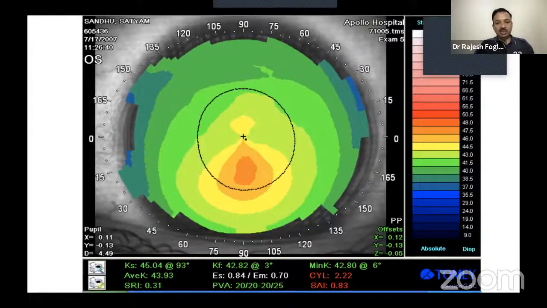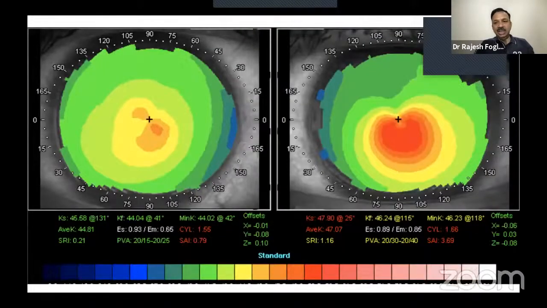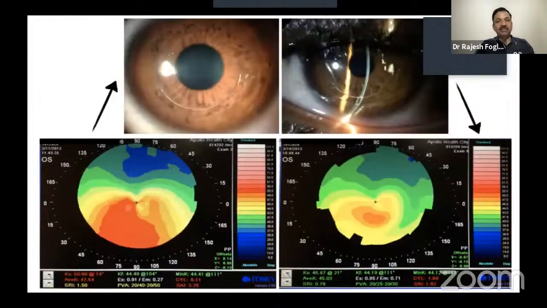So this is again some of the topographies you can see. This is a patient with early keratoconus. This is one eye early, and the other eye, you can see it's a fairly central cone. So these are great patients. This is a patient who had an inferior cone. We placed an intact ring, after which you can see that the cone has become fairly central and the astigmatism is reduced. So in this case, for managing the myopia, you can consider a toric ICL implantation.